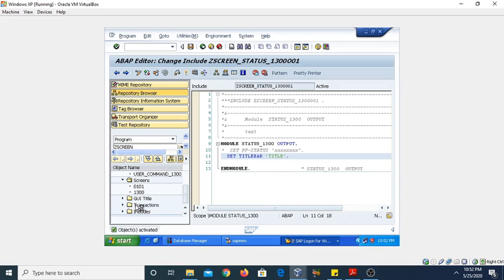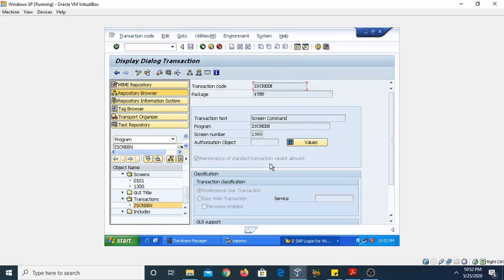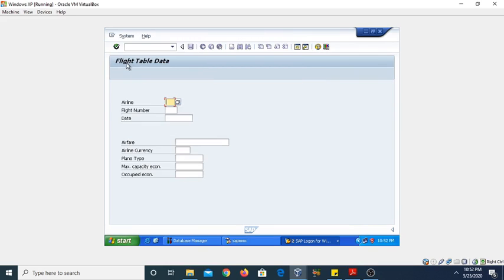Go to the particular transaction and then execute it. You can see the title of the screen has been set. The title we have given is flight table data. So by this procedure you can create the title of the title bar.